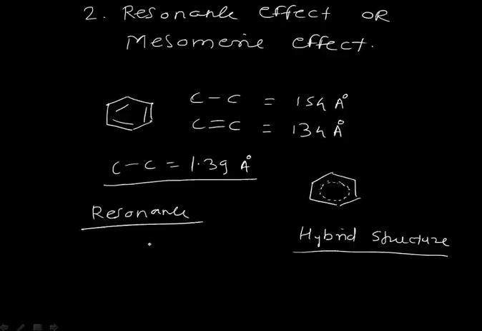This hybrid structure is because of resonance. So what type of resonance do we have, or what is the meaning of resonance? Here in your benzene you have carbon-carbon double bonds and carbon-carbon single bonds. So resonance means the delocalization of those carbon-carbon double bonds takes place, and because of this delocalization, your carbon-carbon double bonds